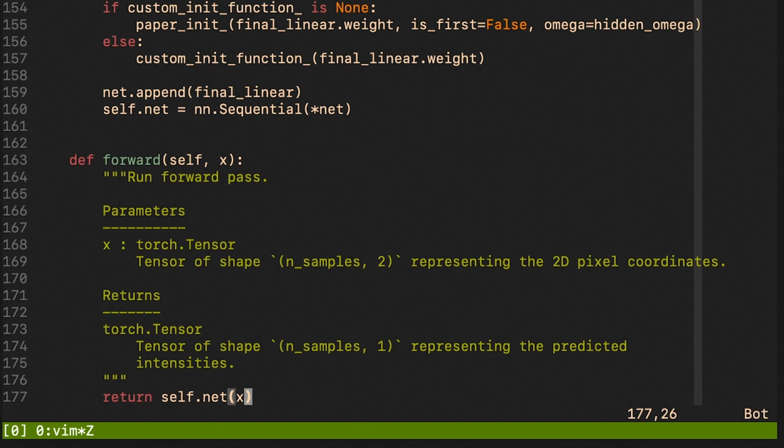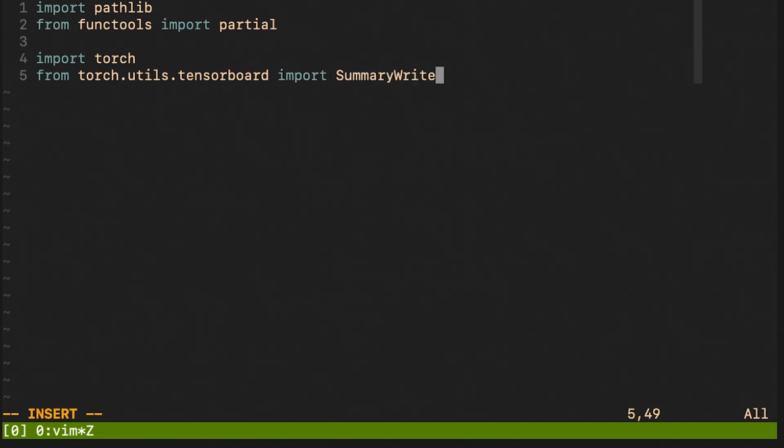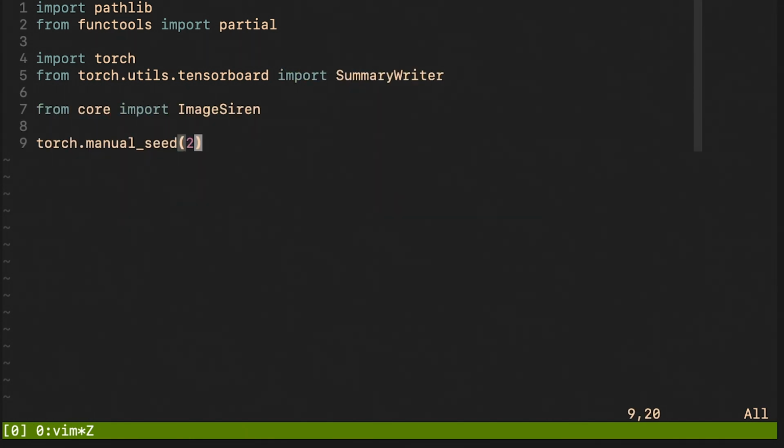Anyway, before we jump into training, let me show you how the activations of the Siren look like. Alright, so I set the seed in order to have reproducible experiments. And now the idea is to define a couple of different initialization functions and then inspect what influence they have on the activations of the Siren network.